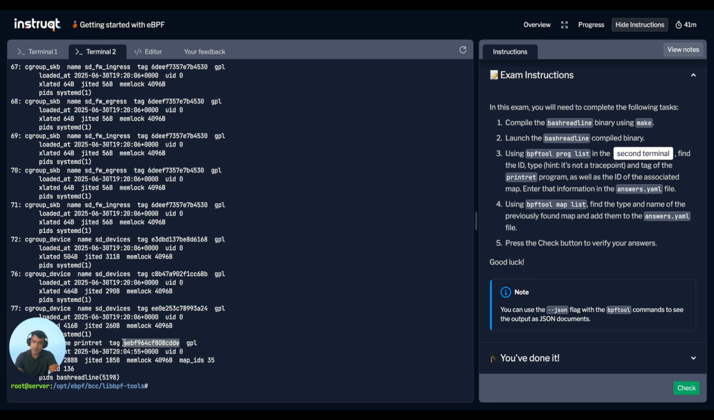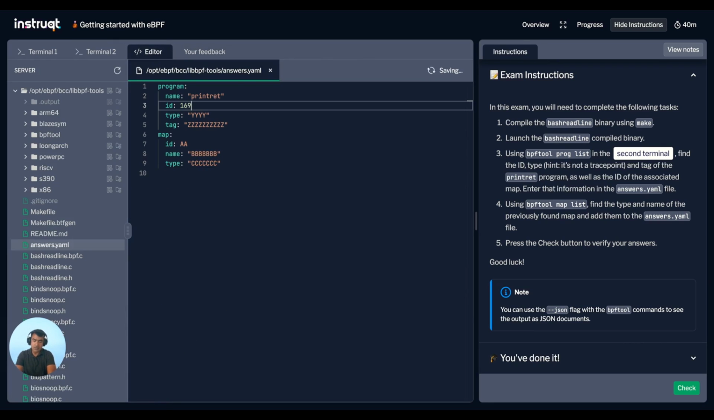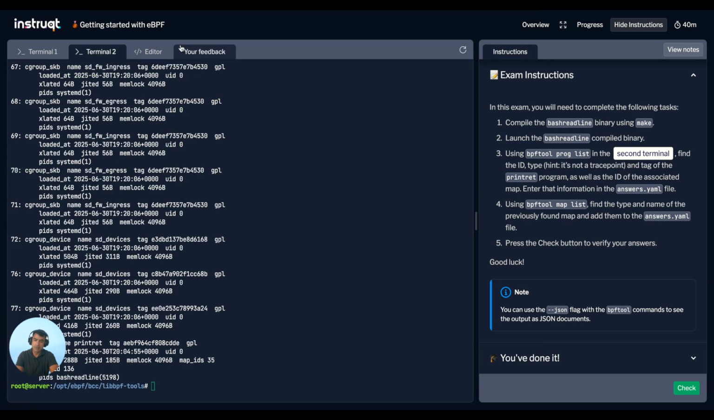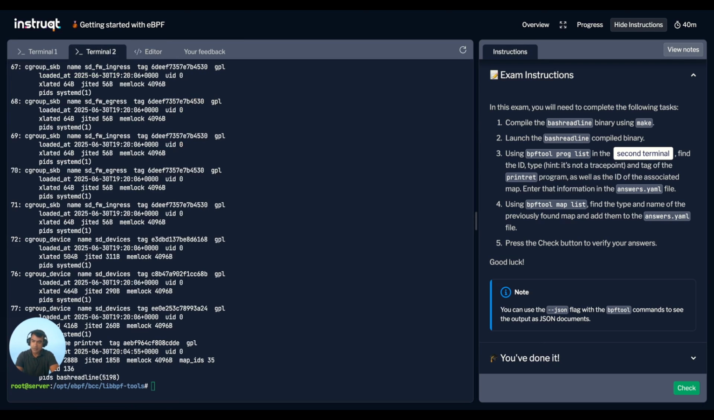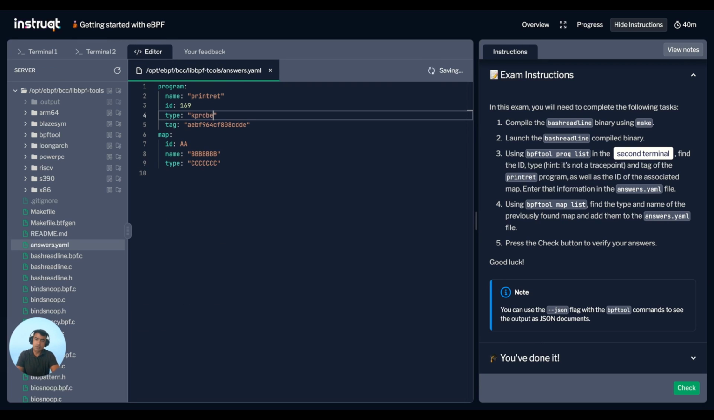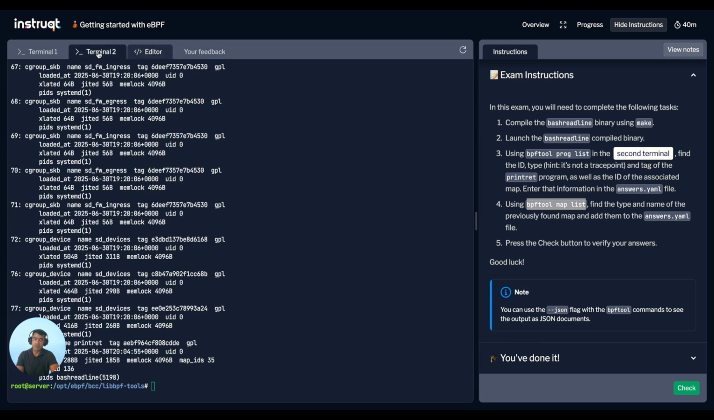So let me copy the tag because I can remember the ID. That is 169. Type is within quotes, this one, and the tag. Oh, that was actually the tag that I copied. My bad. So this is actually a tag. So what is type? Let's see. Type is kprobe. All right. So we have details about the program, and now let's go and do the map. So we are going to go to terminal 2. I'm going to